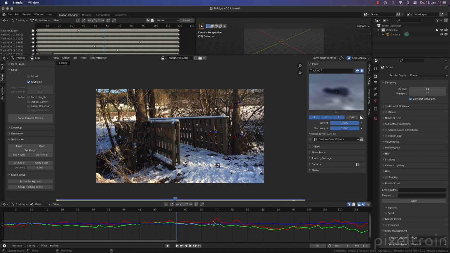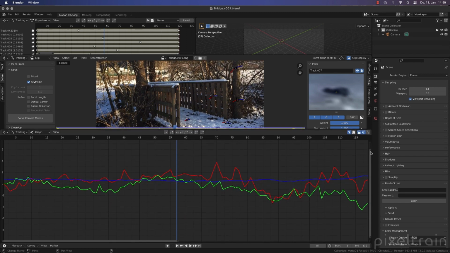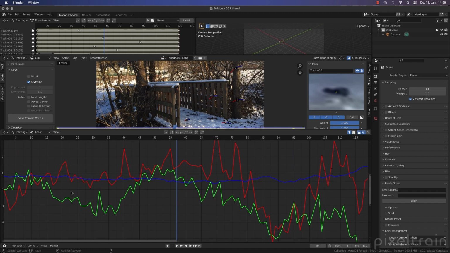We have now some more information. You see that here in my graph, which we switched here over, we have now a new graph, which is a blue line, and this blue line here is our solve error. If we make that bigger here, and we zoom a little bit in, here, you now see that this solve error here is not a straight line.